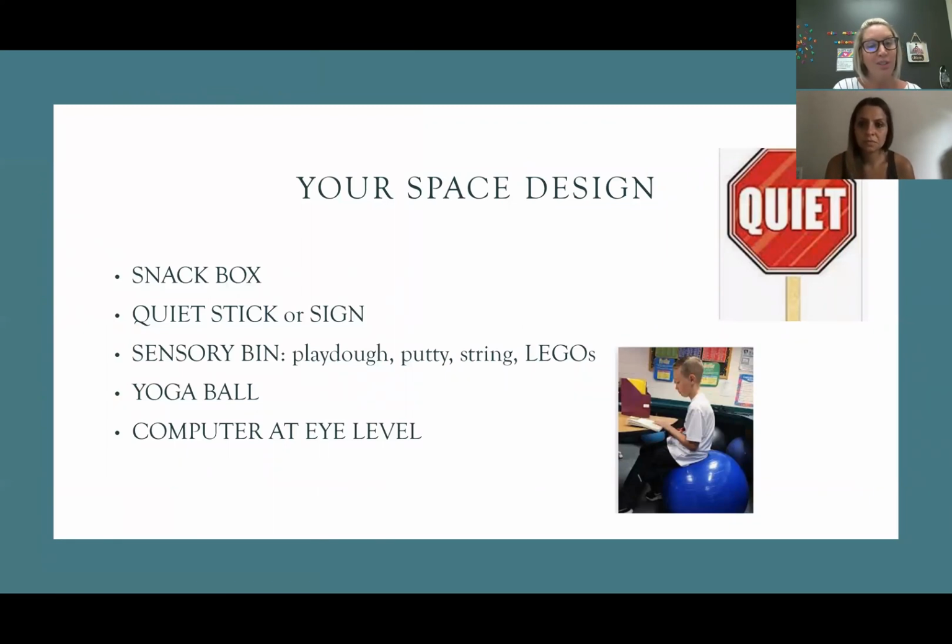So also included when you think about your space design, and to minimize the time that students will get up and leave their area, is really having things like a snack box, some healthy choices throughout the day, or water, or other things like that, that if they need a snack, they have something that they could grab in their area. I love to put up a quiet stick or a quiet sign. They could just be little stop signs on a stick, that in case somebody's walking by, like a little brother or sister, they know when they see the little stop sign that it's time to be a little more quiet in the